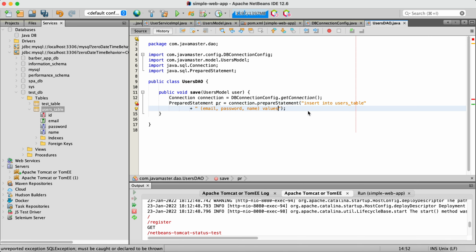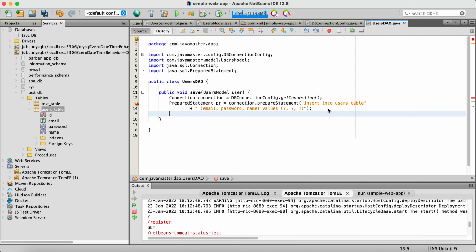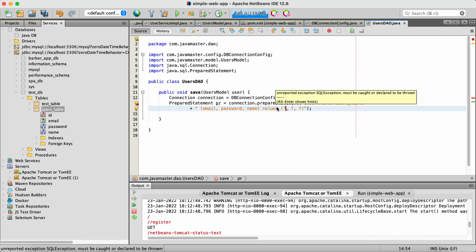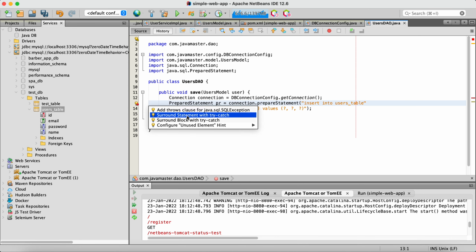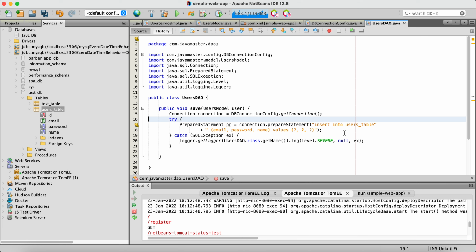And for values, I'm gonna put question marks. Why question marks? Because they're placeholders for the parameters. Let me surround my statement with try catch,